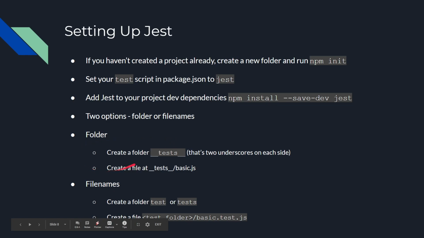One is if there is a folder that's __tests__, it will run any files in that folder. If I want to separately run, yeah, subfolders, no problem. If you want to separate your integration tests from your unit tests, for example, Jest has